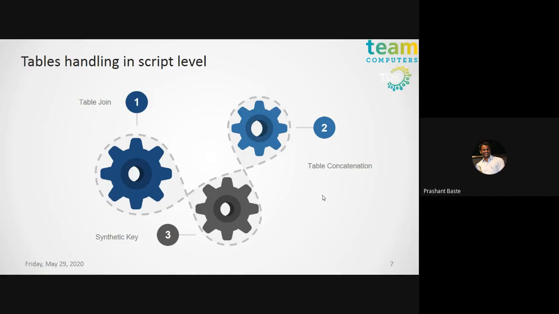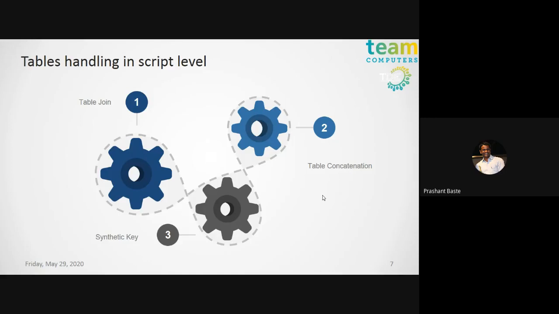Since we are talking about terminologies, we already know that a left join will keep the number of records of the left table, or the first table, only.